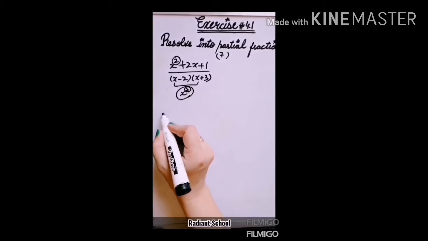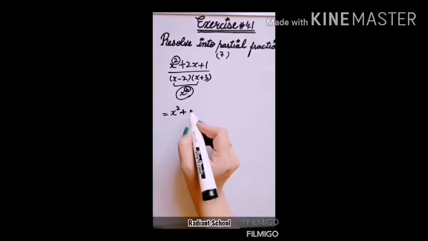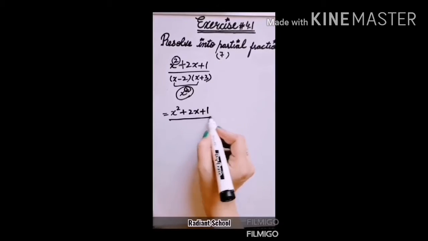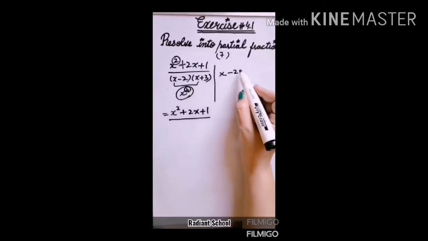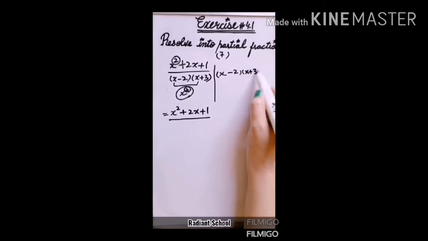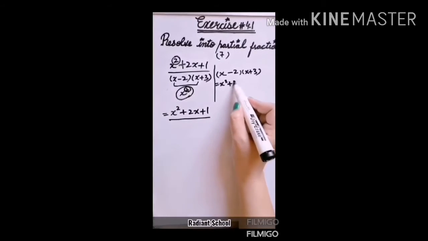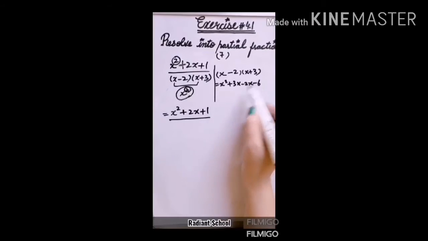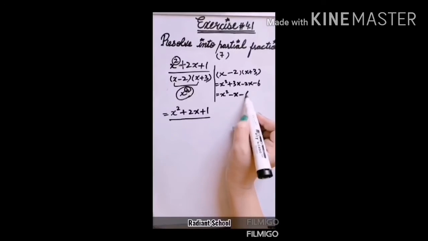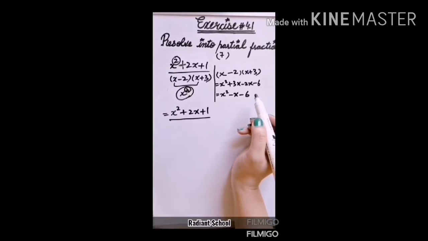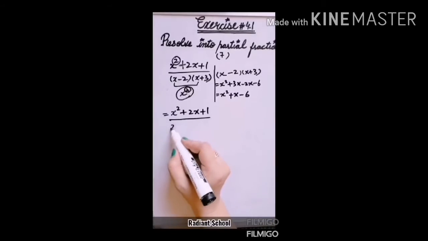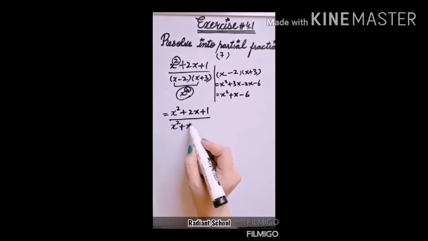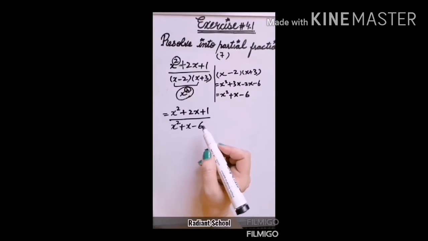So first of all, we have to make it proper. To make it proper, what are the steps? First of all, you have to multiply the denominator, meaning these two terms you have to multiply. If I multiply on the rough side, x minus 2 multiplied by x plus 3, it will be x square plus 3x minus 2x minus 6, x square plus x minus 6. It is your LCM. Then 3 minus 2 is plus x. So this is your simplified answer. You have to multiply the brackets in the denominator.